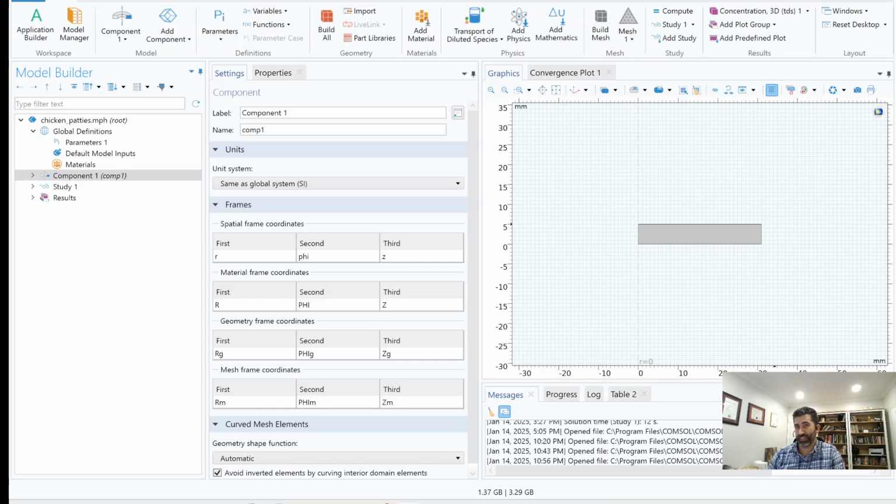The next thing I want to draw your attention to is another big feature of computational multiphysics, which is the ability to bring in information about the different types of physics that you're solving into your material properties, which are then used to solve those physics. So coming back to the chicken patties tutorial, if you go under components and you take a look at the